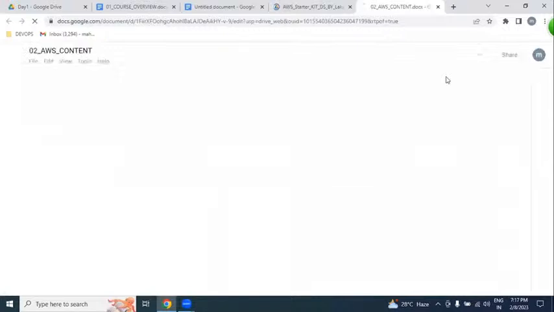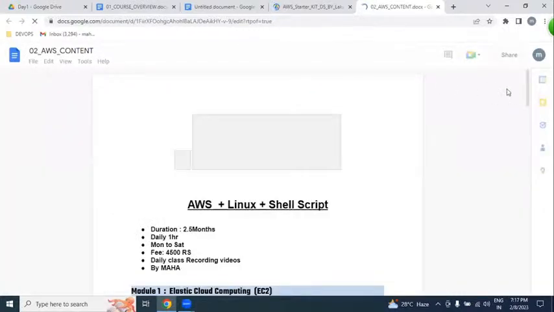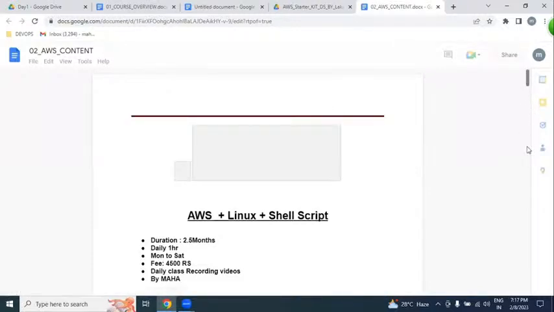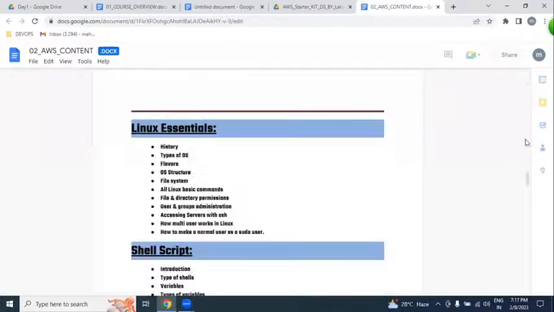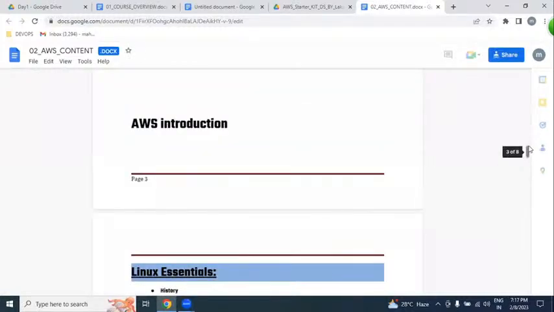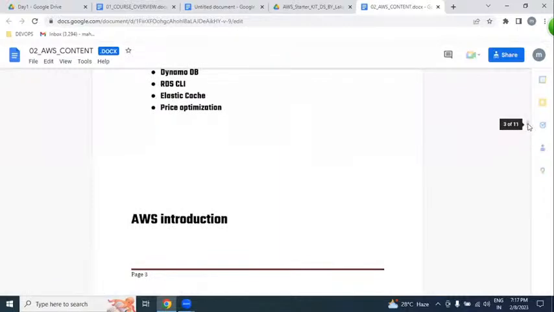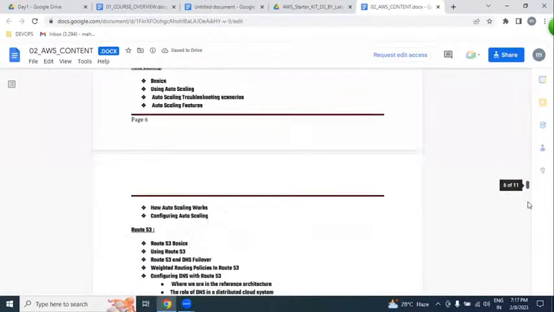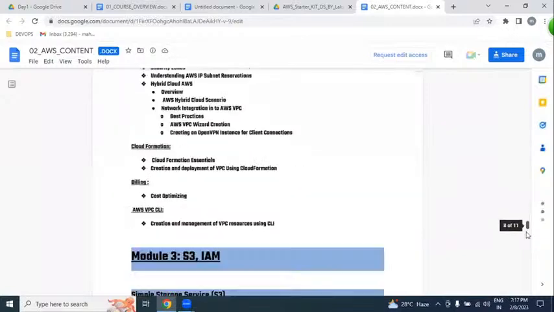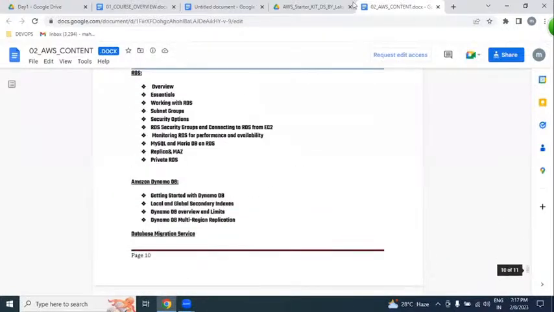The second document is the AWS content, which is around 10 pages.